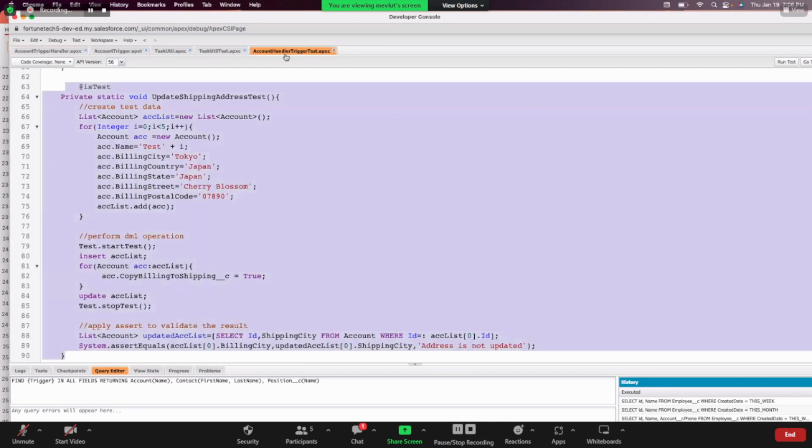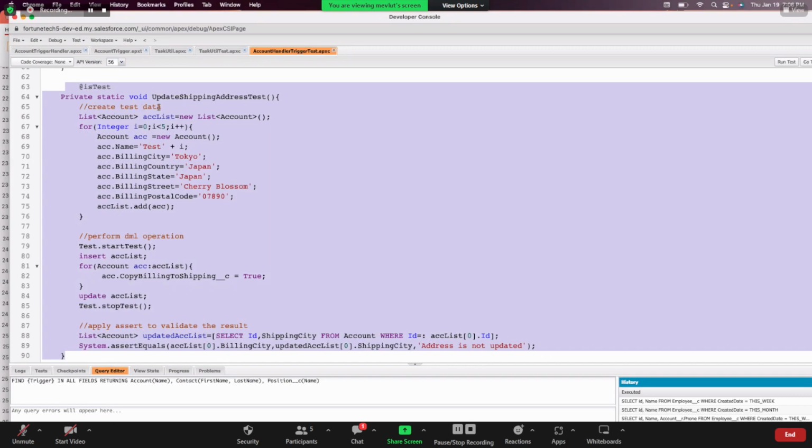Because what's happening here is we are starting with the isTest annotation before our method. And then we are defining 3 steps here, putting the code we were putting inside our anonymous window,